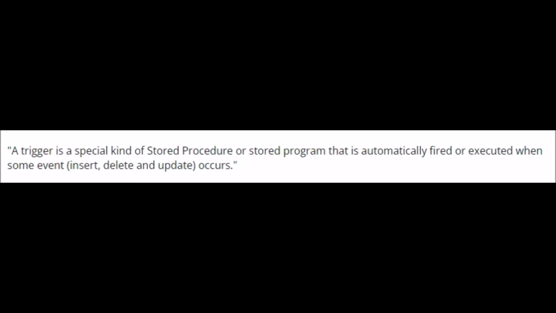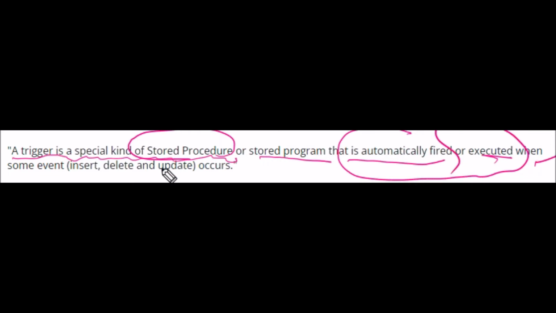Before we start, we have to know about triggers. A trigger is a special kind of stored procedure. We can say it is just like a stored procedure or stored program that automatically fires or executes when some event is performed, like insert, delete and update.